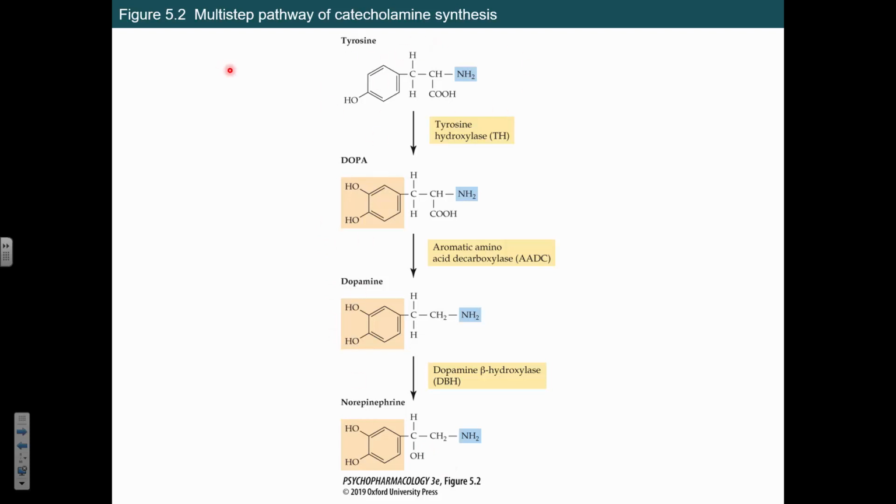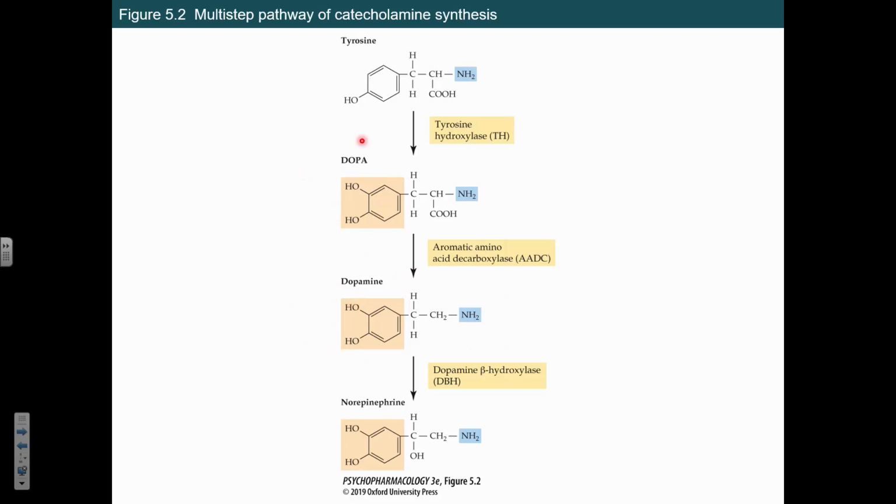So if you're looking at the synthesis pathway here for dopamine and norepinephrine, you start with that guy tyrosine. You're going to add your hydroxyl group. You're going to do a few other things to make dopamine, and then you're going to end up with norepinephrine. This guy is DOPA. A lot of you have heard of L-DOPA, and we talked about that some. This is that precursor that you would take if you had Parkinson's disease, for example, and you need to increase your amount of dopamine.